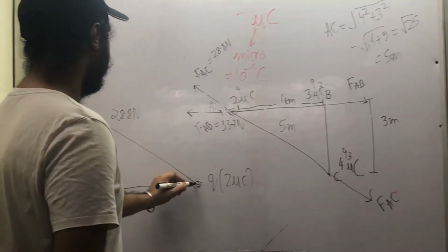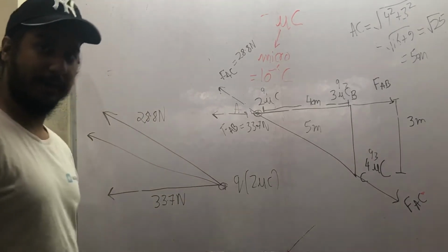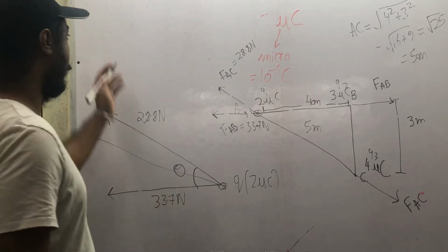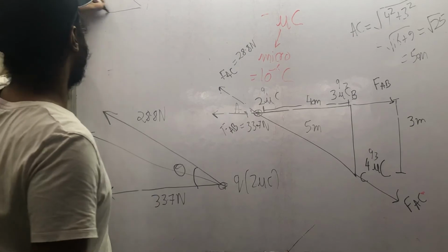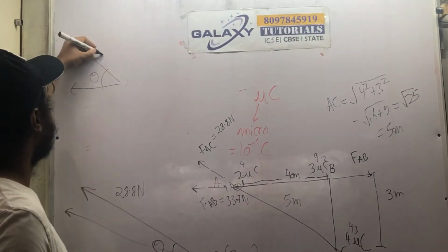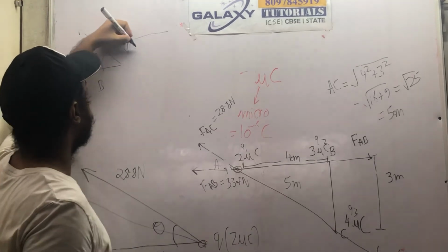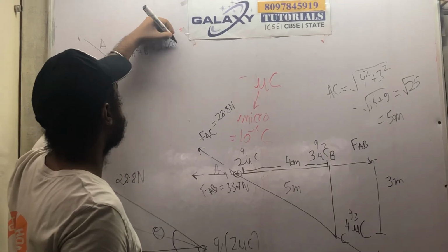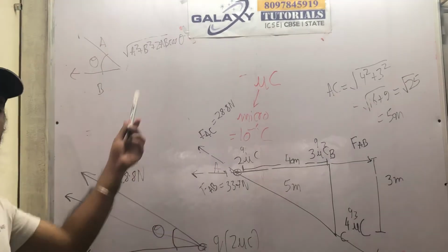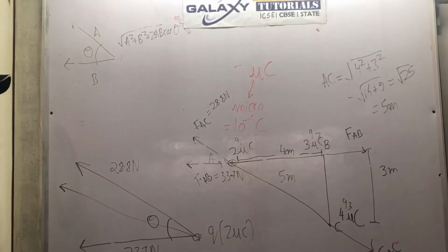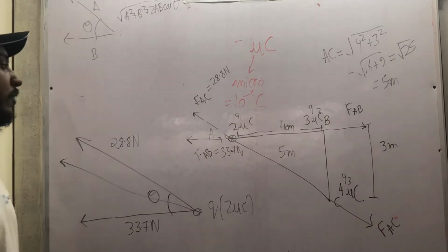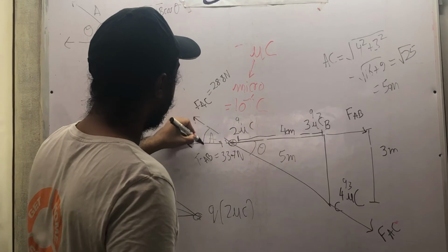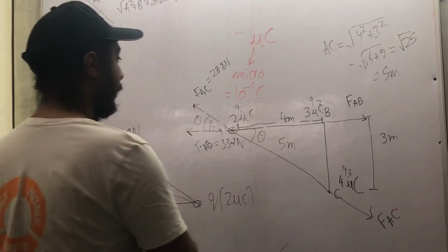So to find out the resultant, you can use the parallelogram law. But you need to know this angle theta, the angle between these two forces, because you know the formula of parallelogram law. What is the formula for parallelogram law? If the angle is theta, for A and B, it will be under root A square plus B square plus 2AB cos theta. This is the formula. So you obviously need the theta. That you must have realized. So to find the value of theta, you will use trigonometry. So basically this angle is theta. This will be also theta. So I will try and find out this angle now.